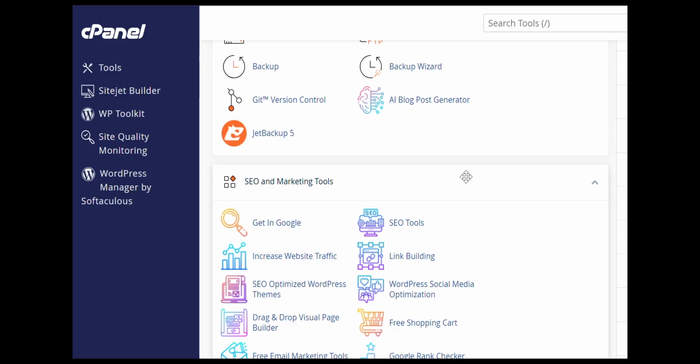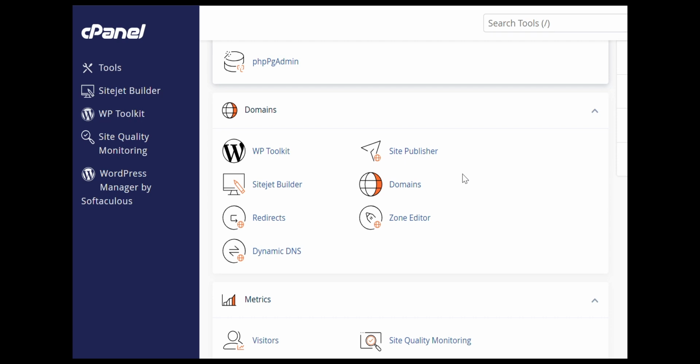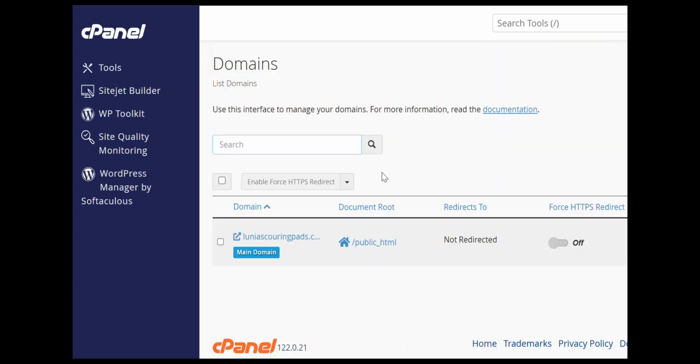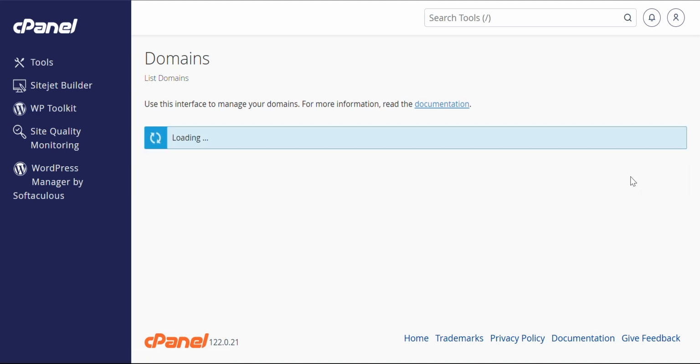So today I'm going to show you how to make an add-on of your domain to your cPanel or hosting. So once you log into your cPanel, head to domains. Here on your far right we have create a new domain. Click create a new domain,